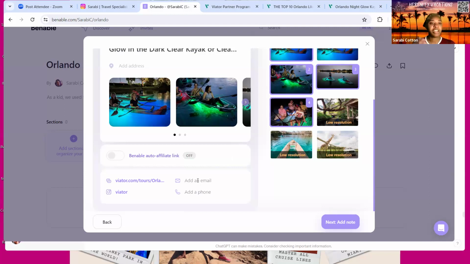But let's say you're getting something from Target or Etsy or something like that, then you want to make sure that this auto affiliate link is on because then they're buying something that you can start earning from, whereas you wouldn't have before. They already auto-populate these things, so I always keep those as it is, and then whatever is left over, I fill in with my information.